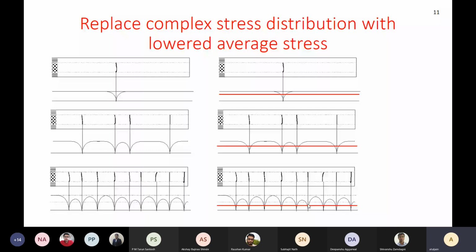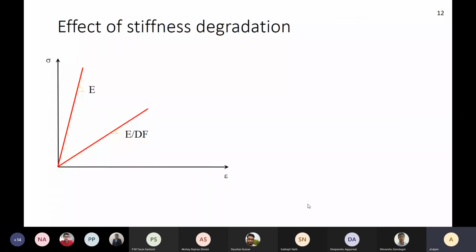This is the basic philosophy while doing progressive damage, that if there is damage, the load carrying capacity decreases. Load carrying capacity decreases means that the stiffness has somehow decreased. We will decrease the stiffness of a ply which has failed, or a lamina that has failed, and then rerun the classical lamination theory and iterate like that. At every load step, check for damage. If there is damage, lower the stiffness, rerun the classical lamination theory, and so on and so forth.